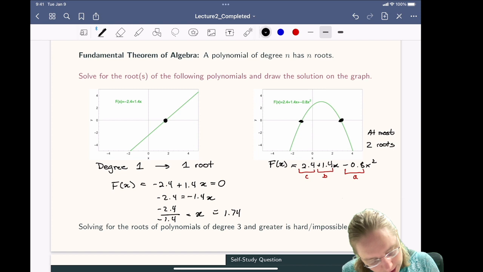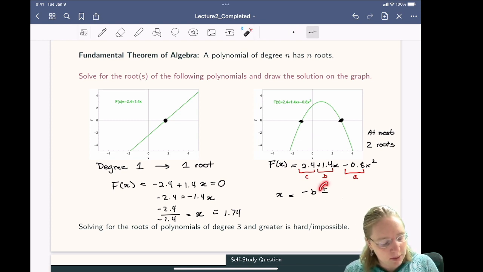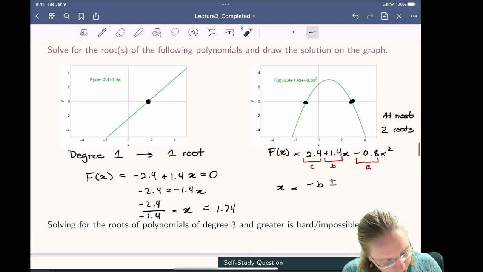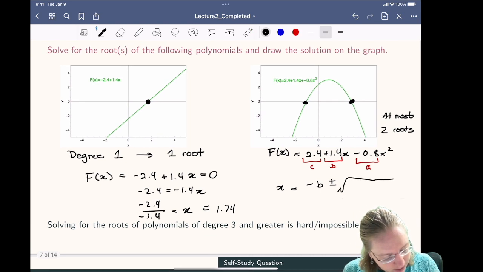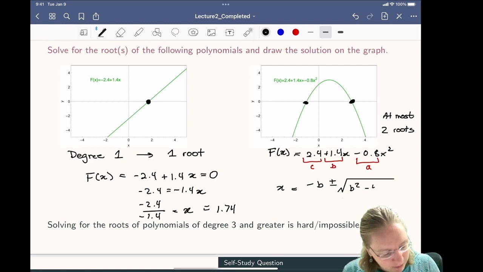And then we have that x is equal to negative b plus or minus, so we have potentially 2 roots. One of those roots goes to the plus, one of those roots goes to the minus, plus or minus the square root of b squared minus 4ac